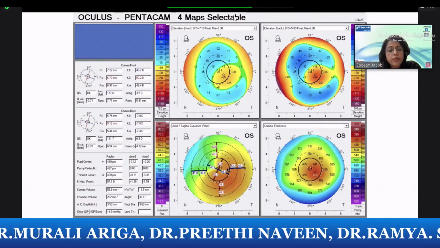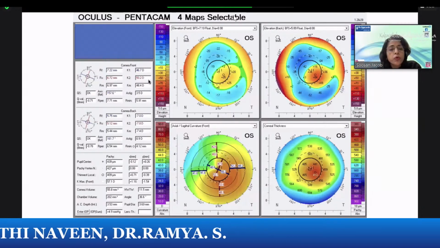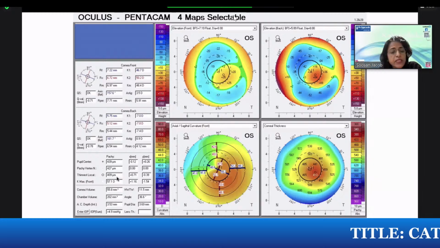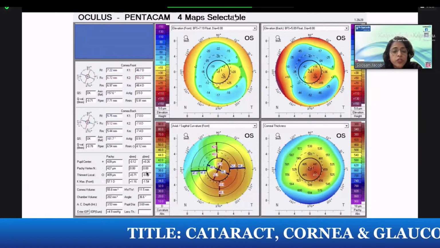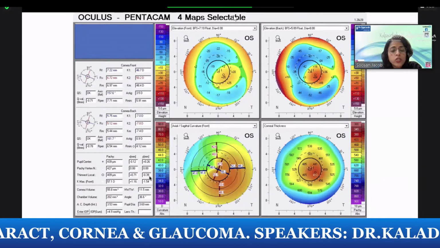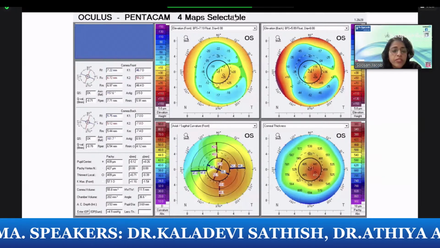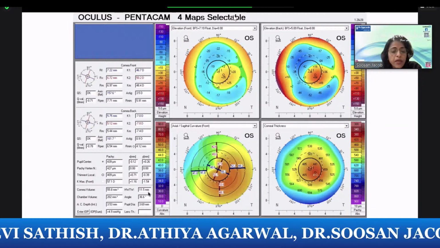Here's a classical example where you can see the keratometric values, K1, K2, where K2, the steep K, is about 50.2 here. K mean is 48.4. You have a higher level of astigmatism, 3.5 diopters. You have corneal thinning, which is about 409 at the thinnest location. So a lot of things can happen. You might have a shifting of the thinnest part below minus 0.5. In this case, it's only 0.39. So these are all red flags. It need not be that every single sign has to be seen in every single patient. For example, here the thinnest location is not shifted more than 0.5, but those are things that can happen.